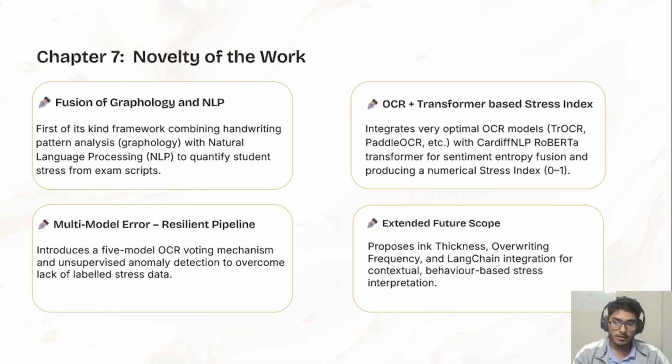By this, we can overcome the unsupervised anomaly, and this also overcomes the problem if a page does not run. If from a PDF file we have created like 10 PNG files, and in any PNG file does not run, our model skips that file and runs on the further files. So it does not throw an error in the code itself. It will give a side notation that this page is not found and calculate the stress of the rest of the pages which are there. If we use a single model, it can throw an error, but in this five model OCR mechanism,